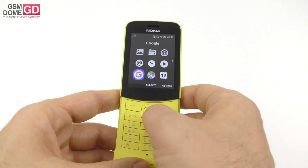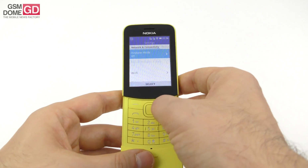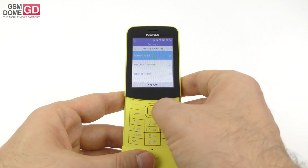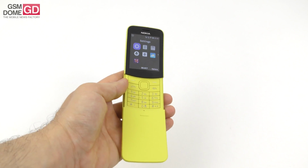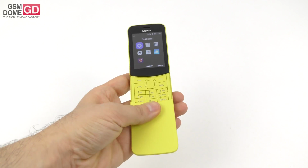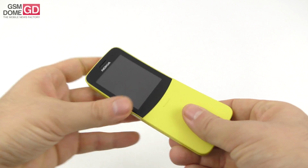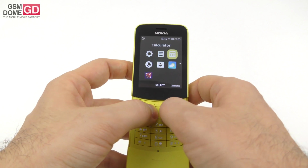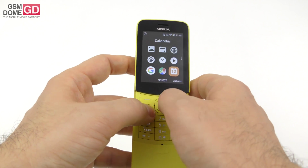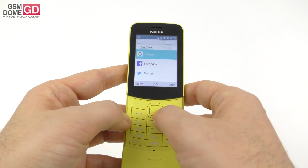There's also a recorder and a bunch of settings where you can find tweaks and apply them for Wi-Fi, sound, display, screen lock, USB storage, and more. I should also mention that you can sync your Google contacts with this phone, which is nice to see for a feature phone again. And I think it's time to see the verdict for it, because we're running on a tight ship here and there's not much else to say. I'm going to try and get into the browser and maybe access gsmdome.com. So till that happens,